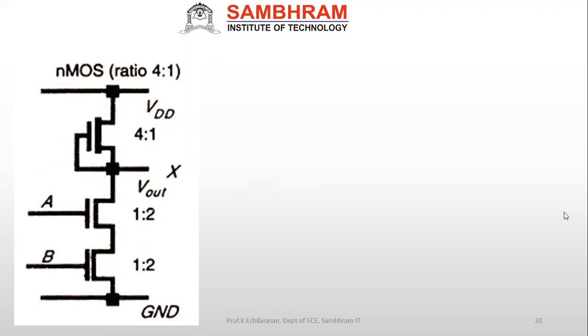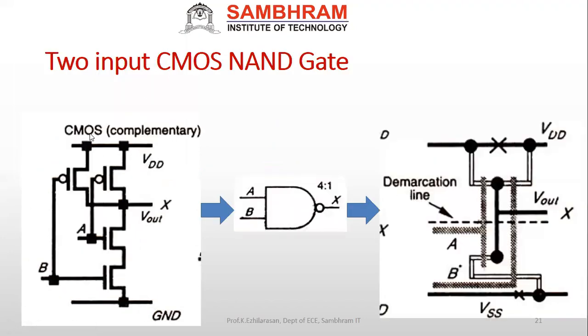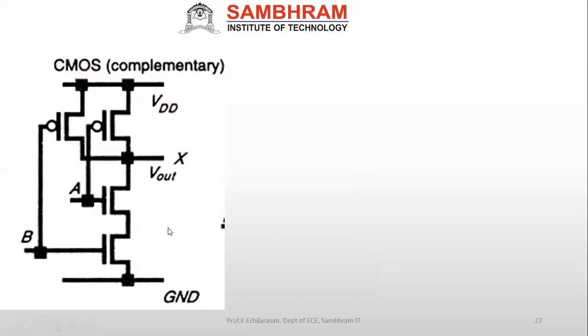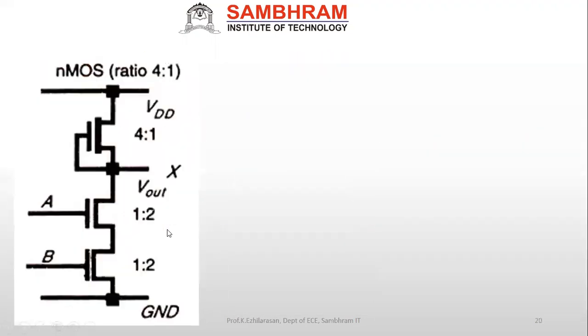Next, if you see CMOS. CMOS 2 input, we already studied. For CMOS 2 input, how many transistors are required? 2n transistors are required. Then what about the ratio? You see the ratio for NMOS here. For NMOS, the ratio is supposed to be 1:2. But you see here, 4:1. This ratio should be very, very large for your pull up. Then only will I get an equal ratio. So this will become a 4:1 ratio.